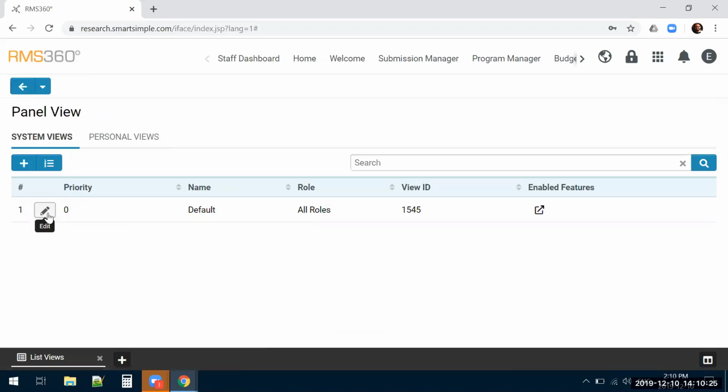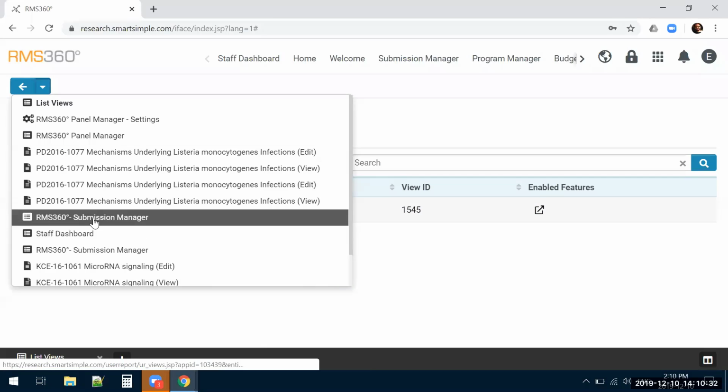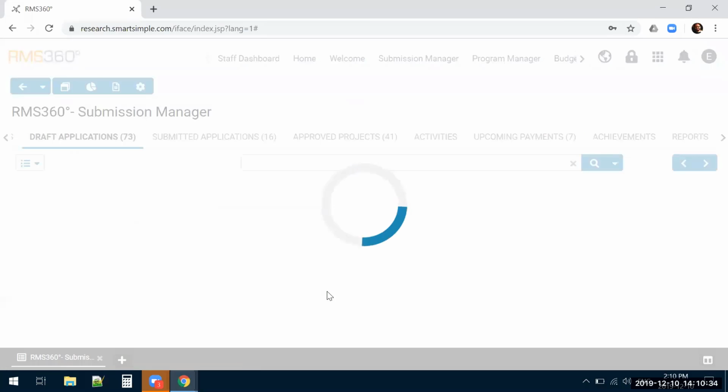Hopefully most of you are familiar with creating those, but once you've defined your list view here, it's just a matter of going back to your main area where you want to insert the